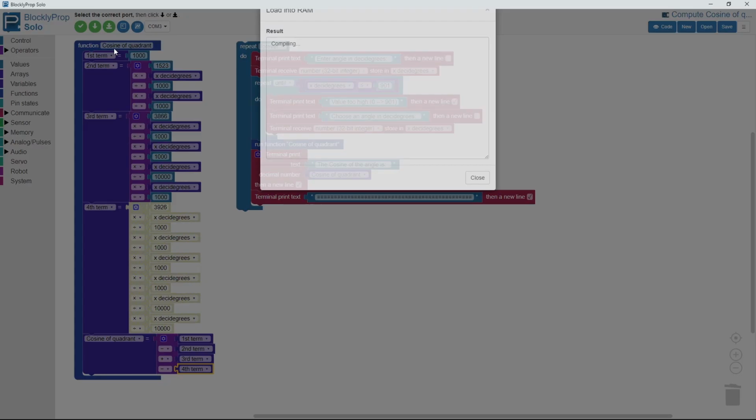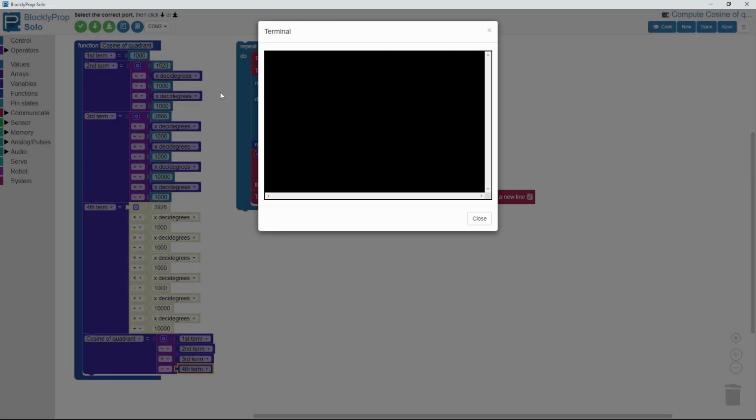Turning on our propeller and compiling our code, we should be able to put in 900 decidegrees, and now we get a value of -1,